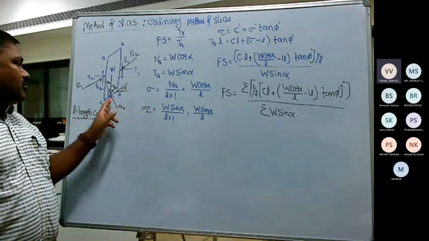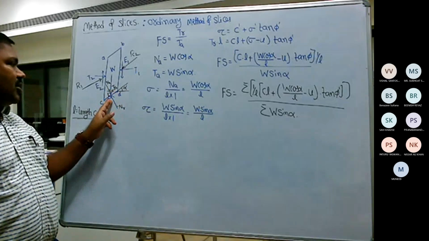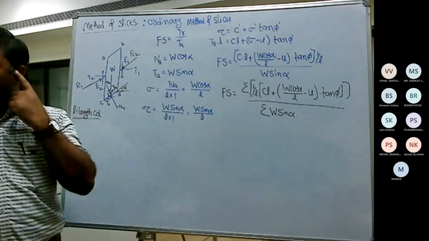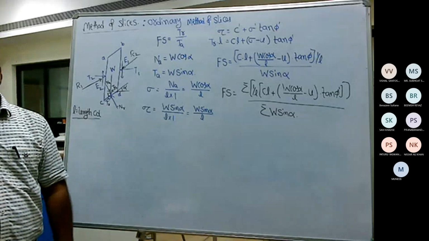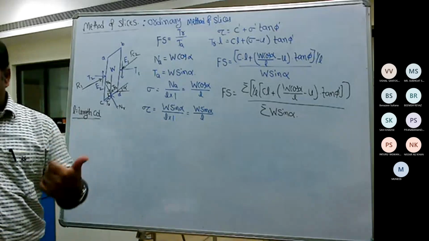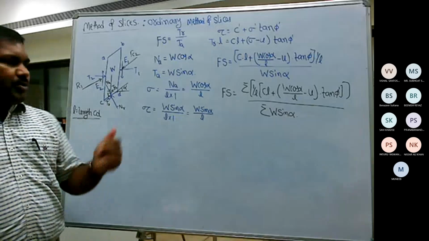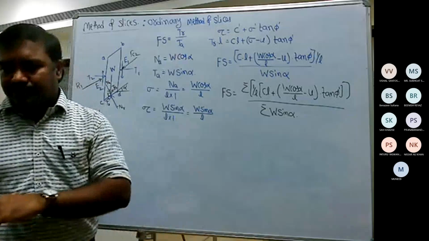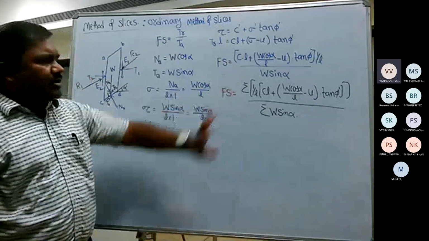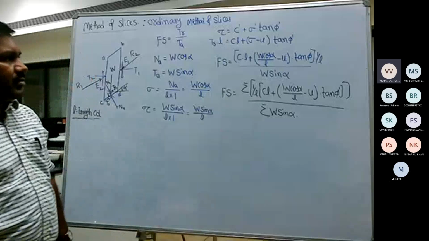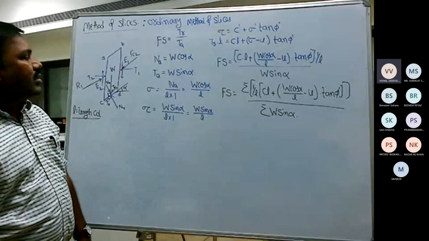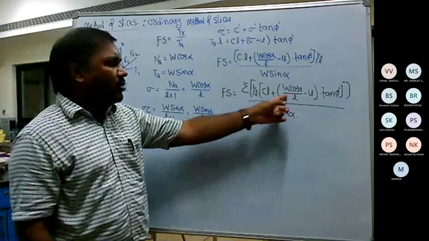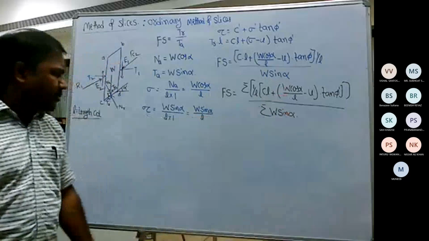Then see, suppose I take the length L, the cohesion multiplied by L is the total cohesive force. Small c is the unit cohesion. If you multiply with the whole arc length, then that becomes the total cohesion force. Yes, but sir, it should be U by L and W sin alpha by L, because already we have W sin alpha by L. W sin alpha by L, how will the tau term come up?